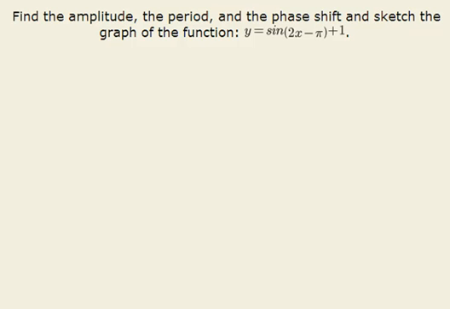In this problem, we are asked to find the amplitude, the period, and the phase shift, and sketch the graph of the function y is equal to sine of 2x minus pi plus 1. We will recognize that adding 1 at the end of our function is going to shift the entire graph up 1 unit. In order to solve this problem, let's first investigate its parent function, y is equal to the sine